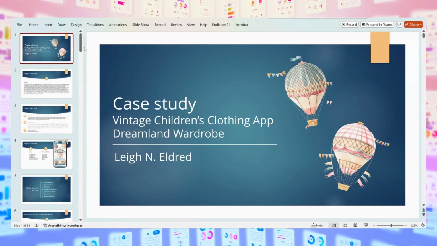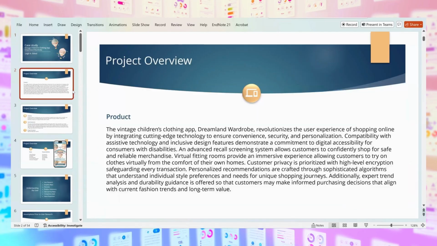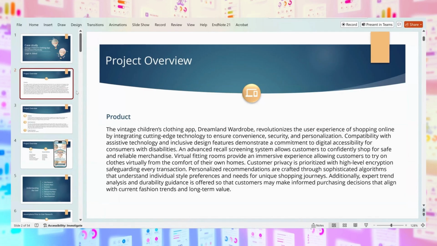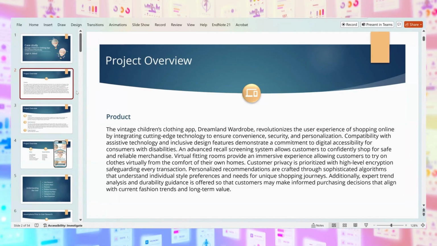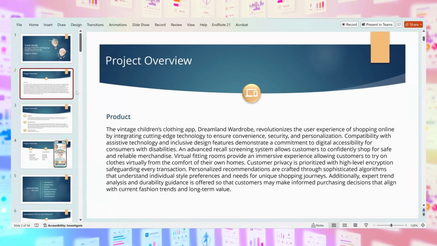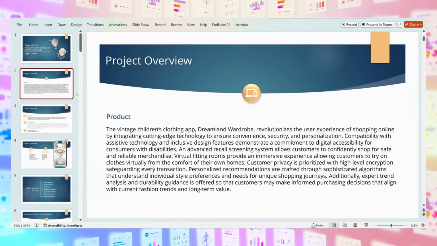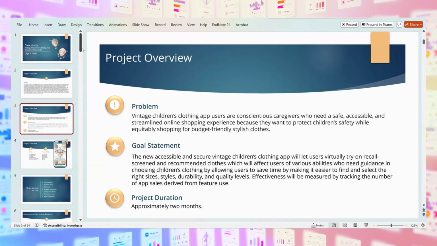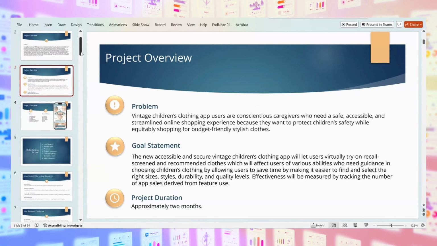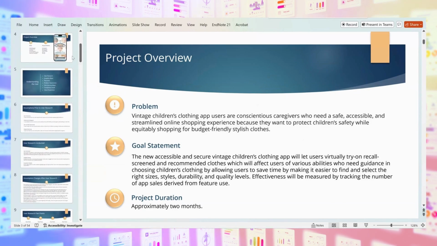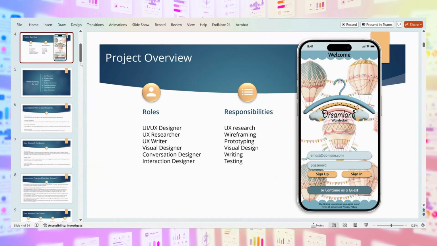And you'll have to do this not just to get a job and show you know the whole process, but also as you're working for a company, for the stakeholders, or even if you're freelancing, you need to explain every little step, because that's how you get paid and that's how they approve you doing the work. So you have to explain the projects with the whole overview. You do problems, goal statements, and how long it'll take, duration. Every step needs to be really documented. And to get a job, you really have to explain that you know how to do that.